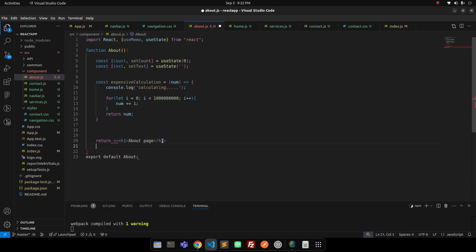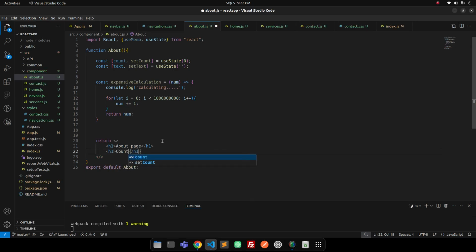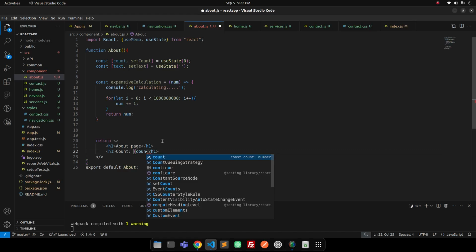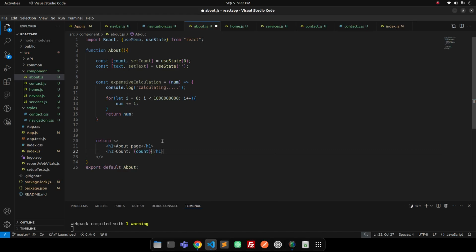Here we will define, I will keep the heading to make sure we are still in our About page. Here we can do something like h1, Count, and then the value of our variable, which is count, the state-holding variable from above. Then an h2